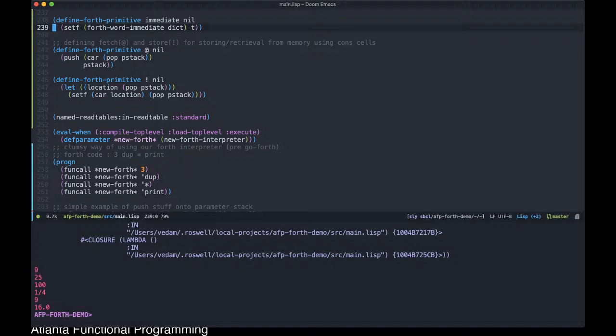Now, storing then would be something different. So storing means we're taking the value that's at the top of the stack, and that is some console that we're actually storing into, and we're then grabbing whatever is the next value that's at the top of the stack and storing it in the car of this console. All right. So if you think about how this might roll out,